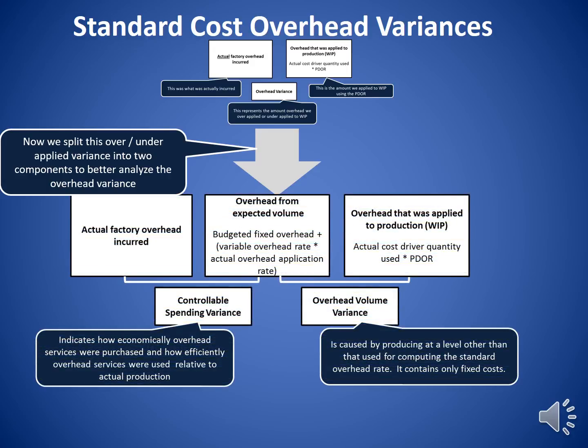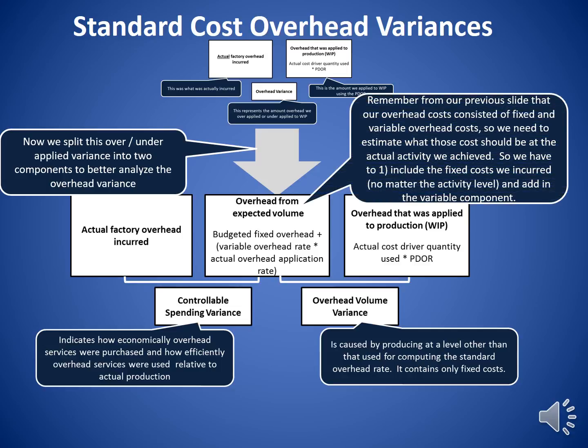Okay, here I've created, just like I did in the previous slide, the calculation boxes. And the calculation boxes are pretty key because they are responsible for helping create two additional variances, one being called the controllable spending variance, and the second one being the overhead volume variance. Now, the controllable spending variance indicates how economically overhead services were purchased and how efficiently they were used relative to